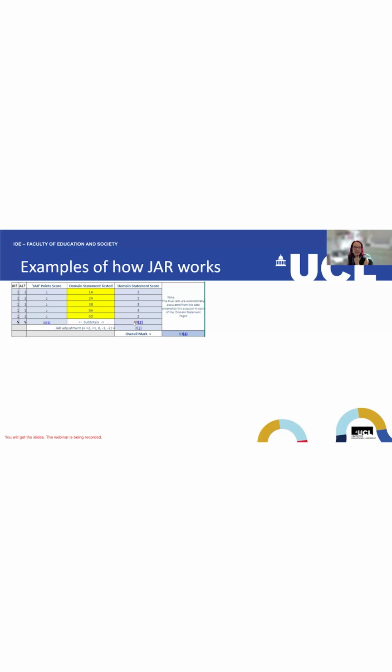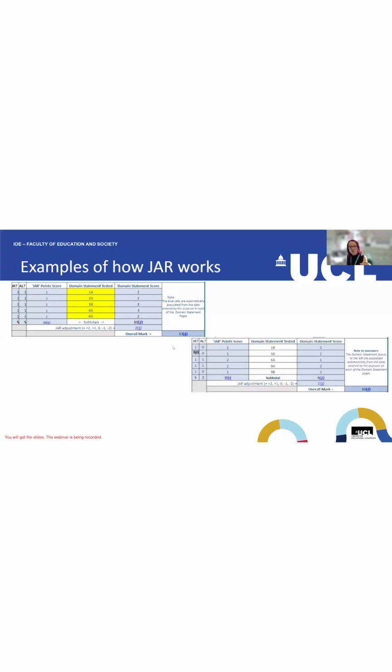They would have scored 11. In their justified and realistic and evidence of learning from the course, I've been able to answer yes for all of them. So they've scored a 1 for everything, a 10 overall, and it makes this JAR adjustment of 2 marks. So actually in total, they've scored 13. Now, I think 13 would likely be a pass, a secure pass. So we need to make sure we're adding on those marks as much as possible.